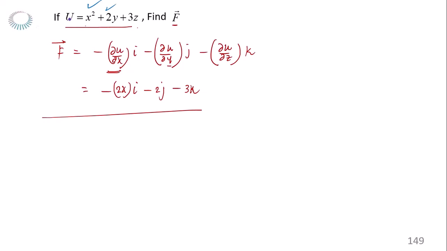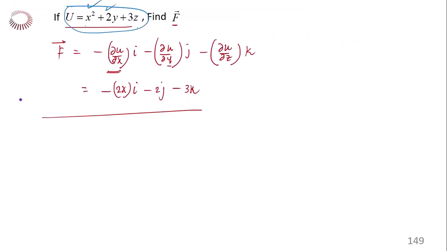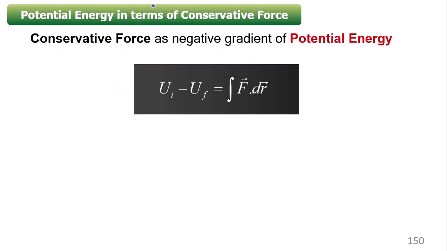Depending on the nature of the scalar function given to you, you have to identify what the vector form is. This is the first step, where if U is known, from the known value of U I am calculating the force. The second part of the problem is that if F is known, I have to use the integration format. So in this situation F is known.